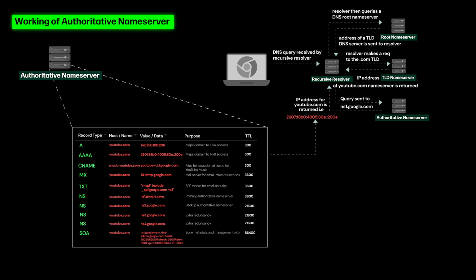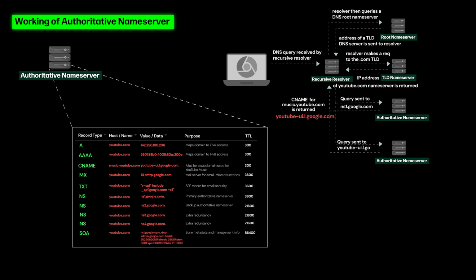for IPv6 addresses. A CNAME, or canonical name record, maps one domain to another. For example, music.youtube.com can have a CNAME pointing to youtube.com. When a DNS lookup happens, it follows this pointer and resolves the IP address from youtube.com's A record. This setup is useful for subdomains because if the root domain's IP changes, you only need to update one A record. It's important to note that a CNAME doesn't force the alias domain to show the same content. It just points to the same IP, and the web server still serves different pages based on the original domain